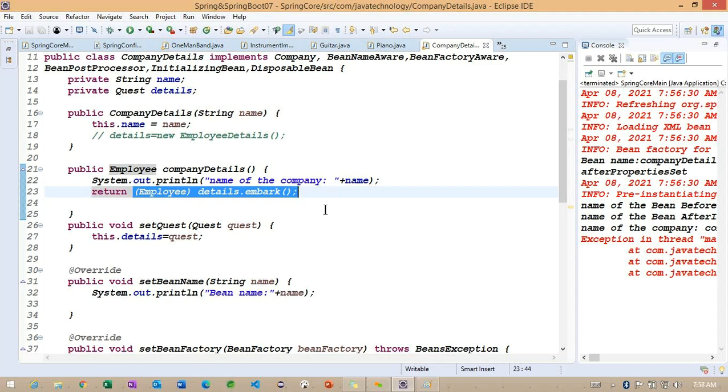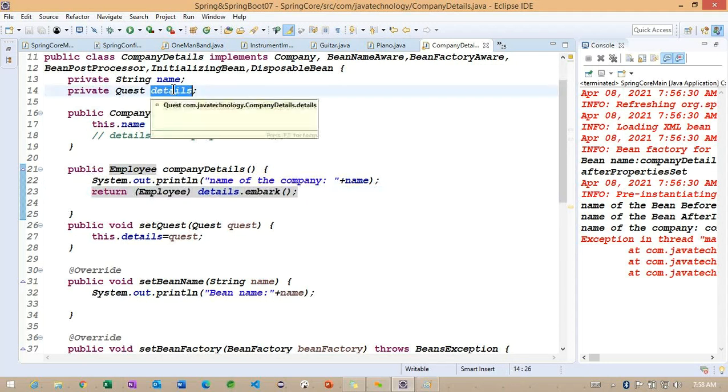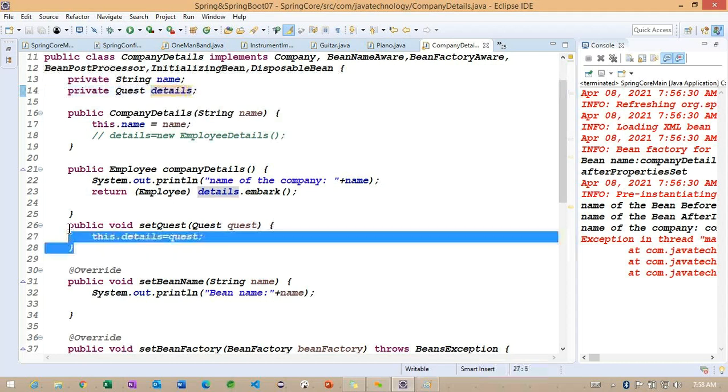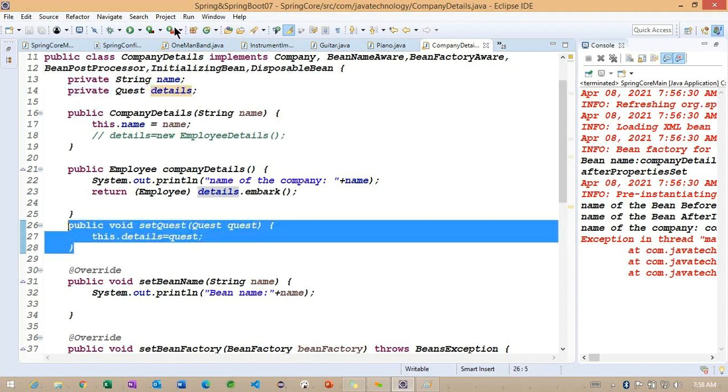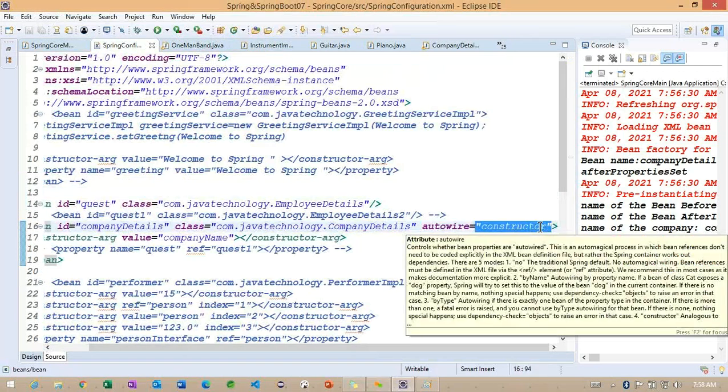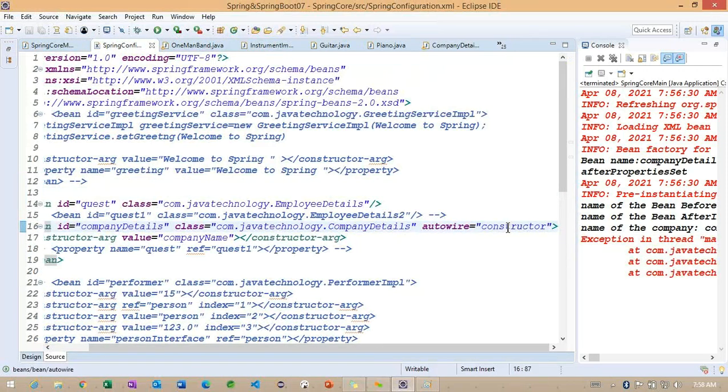Why are we getting this particular details as null? Right. Now you can see, this particular details, we specified a reference of this particular interface here. But this details object is not yet created here. Why is it not yet created? Because we specified setter injection here. But in our configuration file, we are trying to work in the constructor style here. Because of this, we are getting the object as null here.